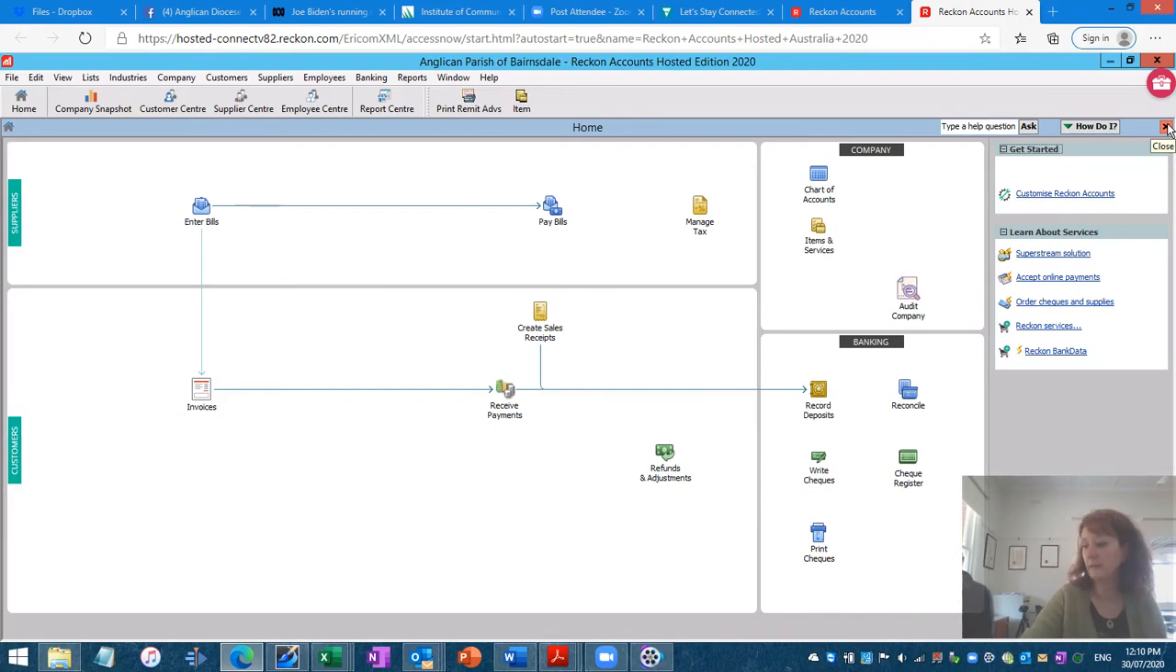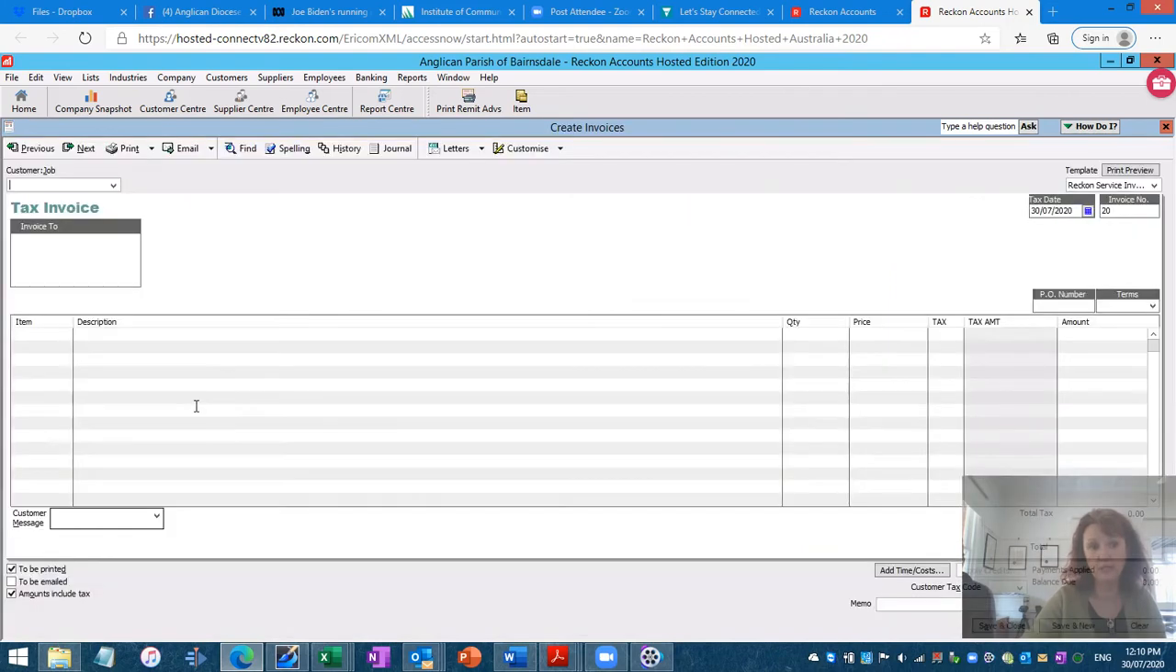So we've learned how to input our budget, how to adjust our chart of accounts to suit our parish circumstances, how to enter a bill. So we've entered a bill, we've paid a bill, created a sales receipt. If you needed to invoice somebody who was hiring out your hall next month for their party,